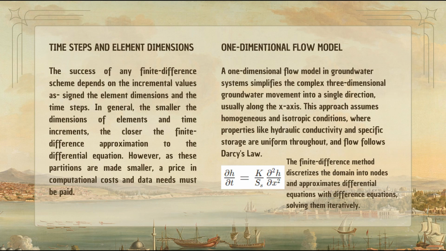Thus, the object is to select the degree of definition that results in an adequate representation of the system while keeping the data and computational cost at a minimum. There are procedures for making such selection, but except for a brief discussion in the following section, they are not presented here. Next is one-dimensional flow method.